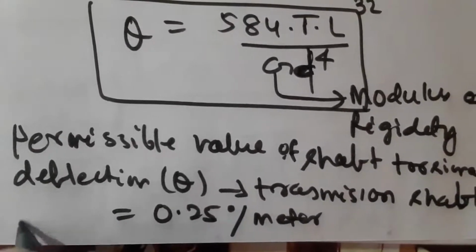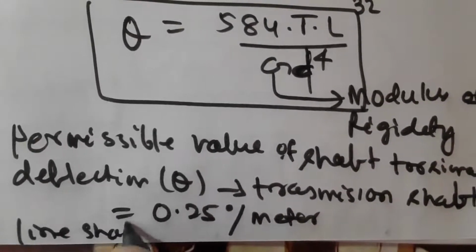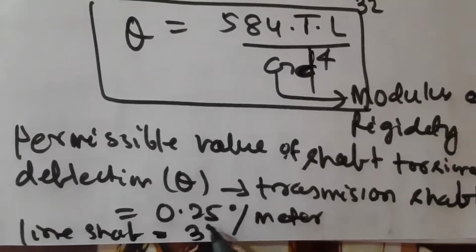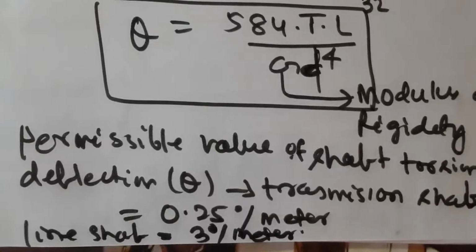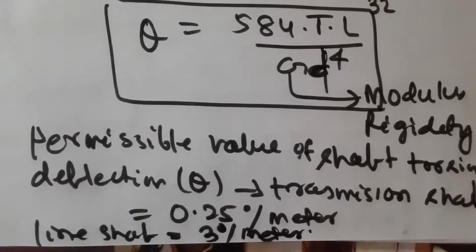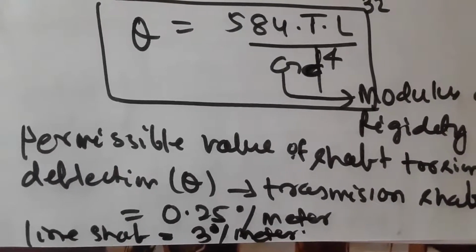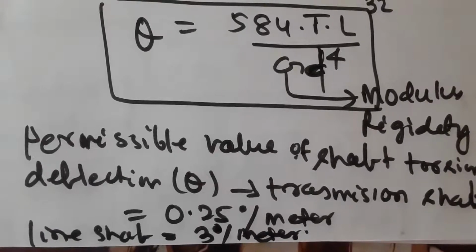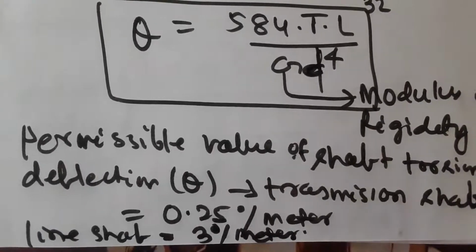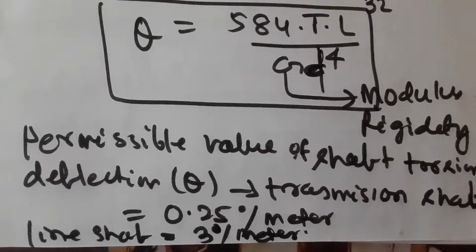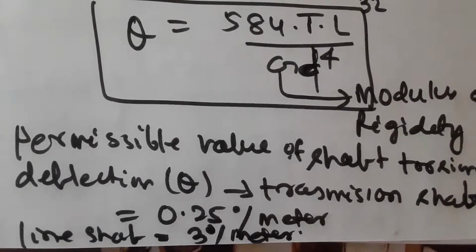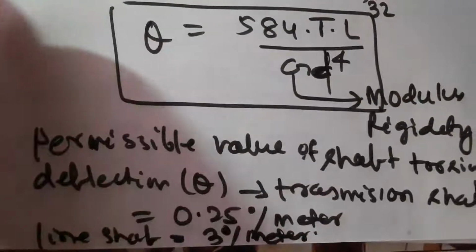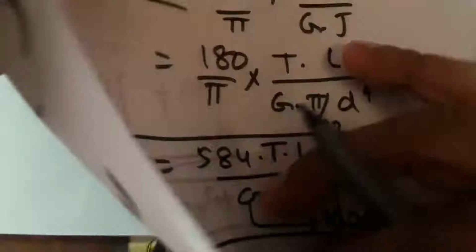For other cases, line shaft, it is about 3 degree per meter length. And modulus of rigidity of steel is about 79 to 80 gigapascal, that we already know. Then we will talk about the ASME standard code for shaft design. So the ASME standard code for shaft design says